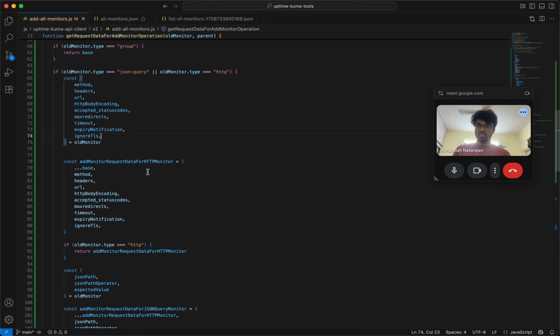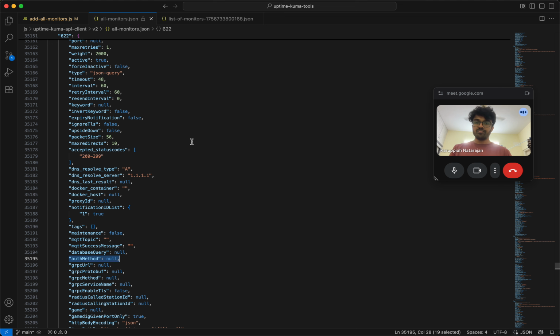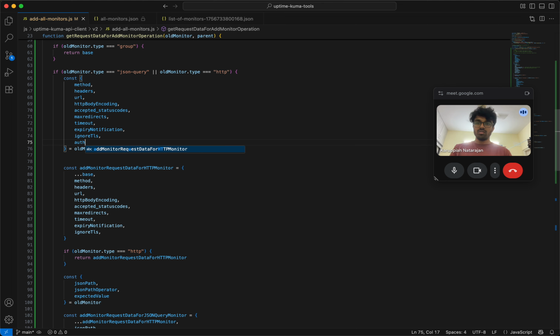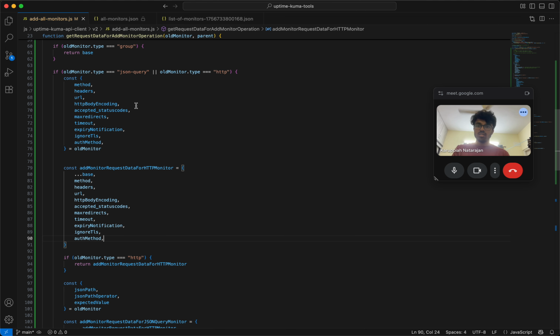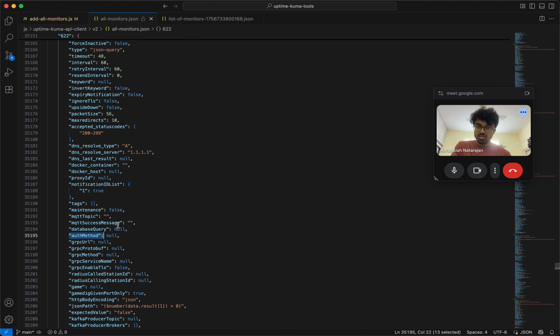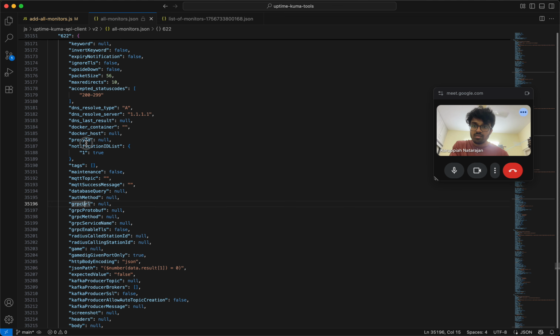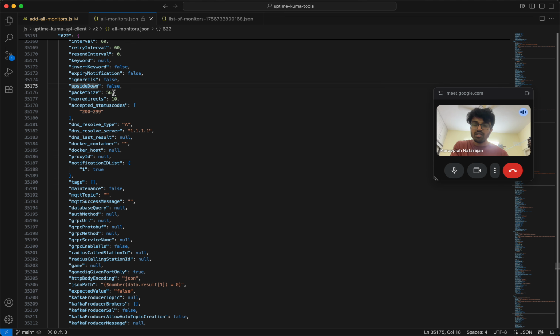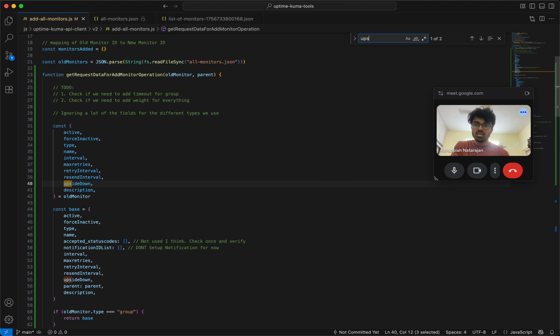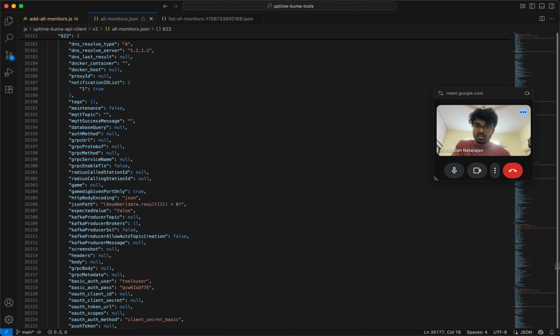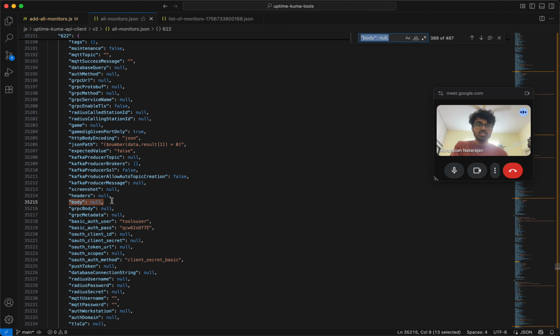So let me just put it as this auth method. So auth method, right, and then just put it up here. Right, so auth method, MQTT, this stuff we don't need, gRPC and all stuff we don't need, game, proxy ID, no, upside down, I think I mentioned already, upside down, yeah. So then finally there is body, which is all of this, so we'll just give it up